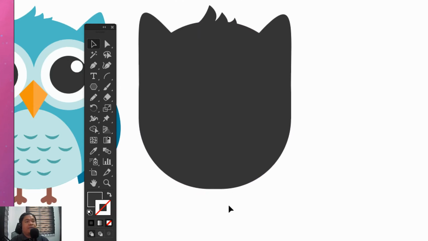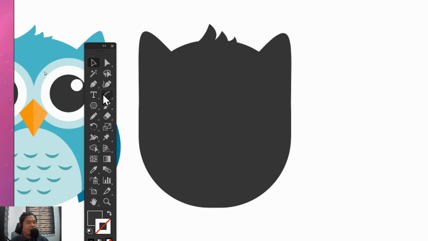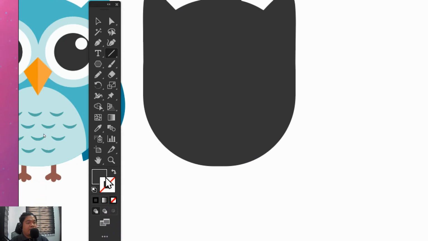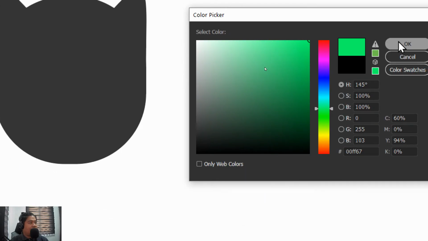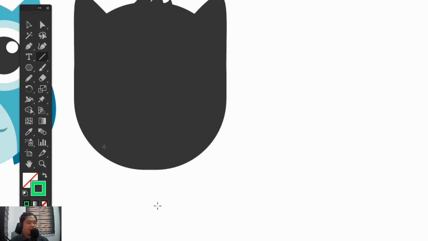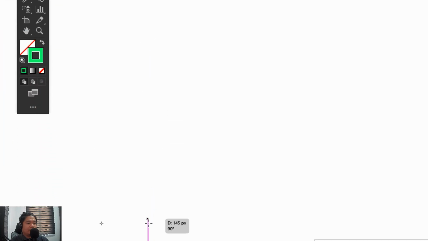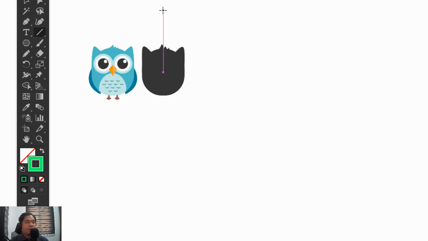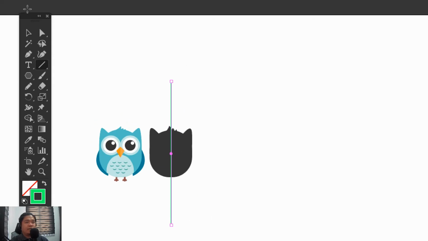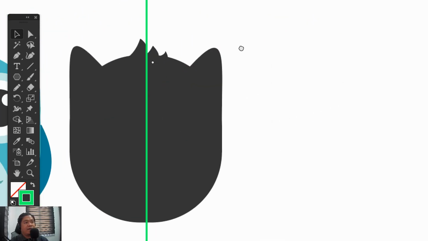And, yan. Now, try nating mag-add siguro ng something dun sa isolation mode niya. Or, rather, pwede naman kayo dito sa outside. Mag-add ako ng line segment tool. Tapos, yung line, siyempre walang fill. Yung stroke niya, let's say, add ako ng color like this, a neon color. Okay. So, add ako ng line. Lagyan ko lang siyang guide. Though, pwedeng mag-add ng guide dito, class, sa Illustrator. Pwede naman mag-add ng guides. But,